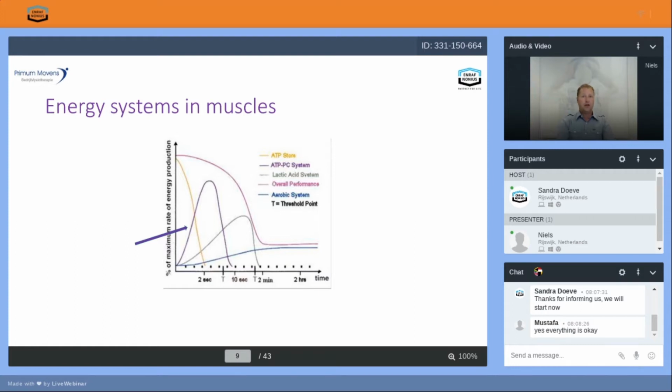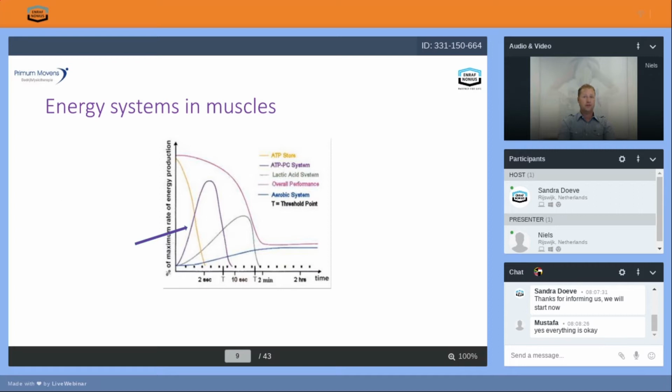It's the purple line on the left. You see in the lower left corner that it already starts up when you begin with the activity, but it supplies energy for the most part after 2-3 seconds. You see exactly when the ATP, the yellow line, is declining. You see an incline in the ATP